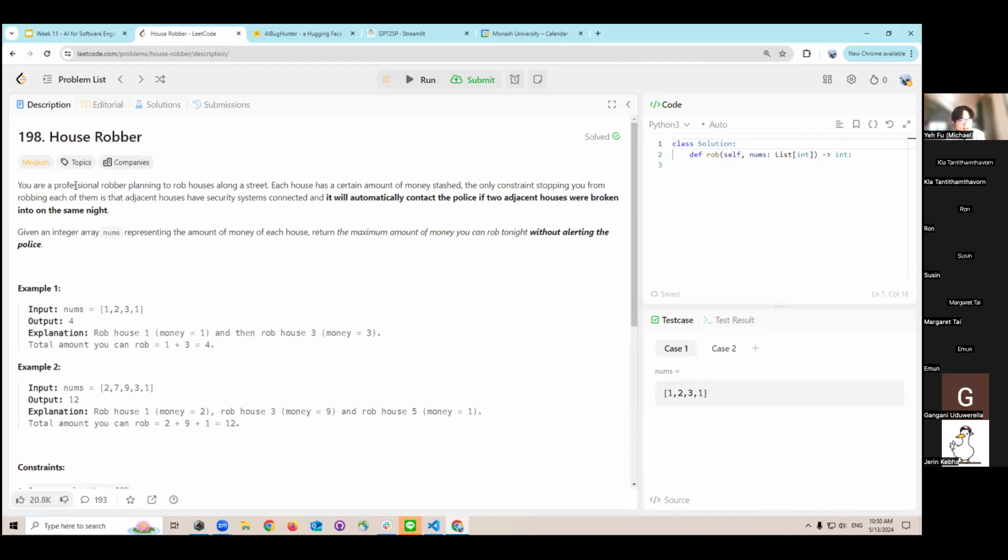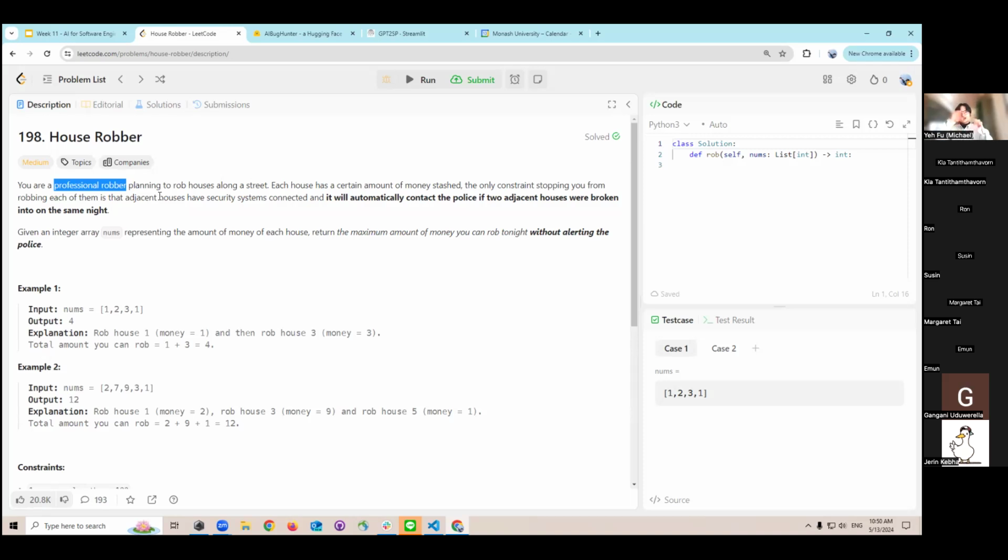So you are a professional robber, okay? Planning to rob houses along the street. There are many houses along the street and you plan to rob them. Each house has a certain amount of money. For example, the first house maybe has 3,000, the second house has 5,000. However, there is an alarm system.